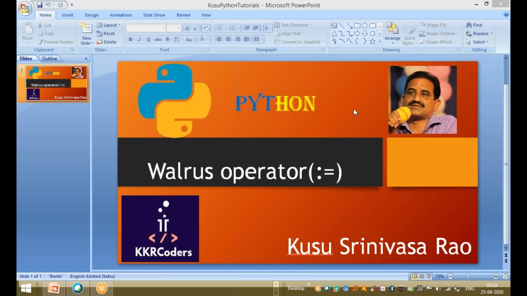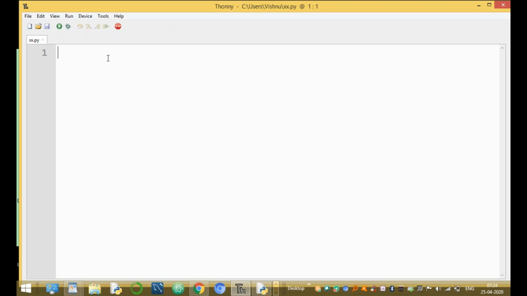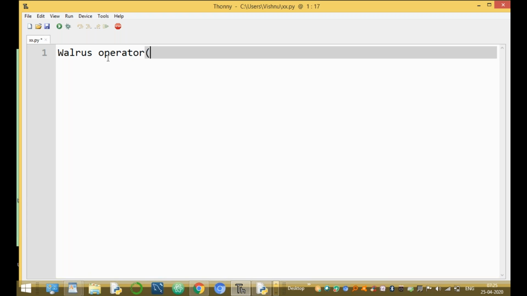In this session, I am going to discuss a new operator introduced in Python 3.8. The operator is called the walrus operator. What is the walrus operator, and how do we use it for different purposes? Okay. Now, in Python